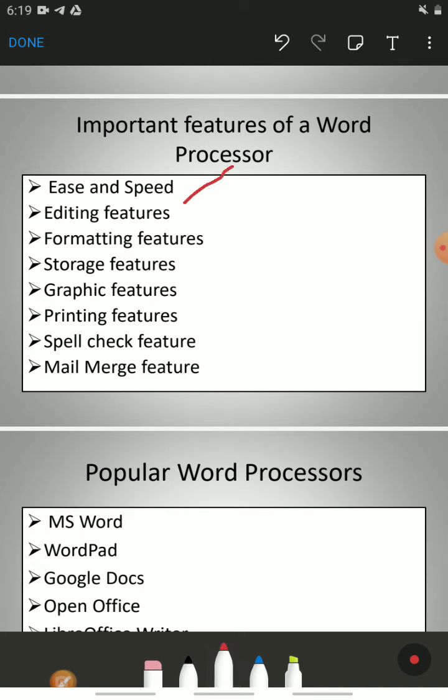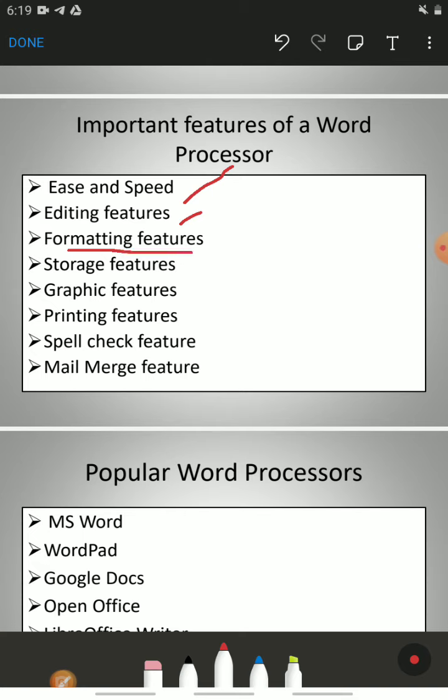A word processor provides an easy and fast method to type and edit the text. Here, the editing feature provides us various features like copying, moving and deleting the text. The next one is the formatting features.